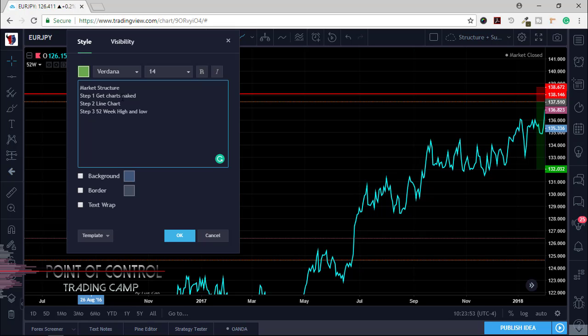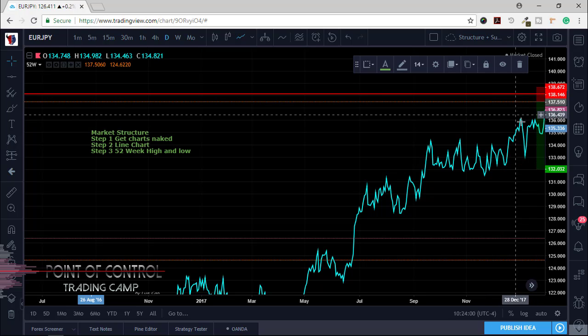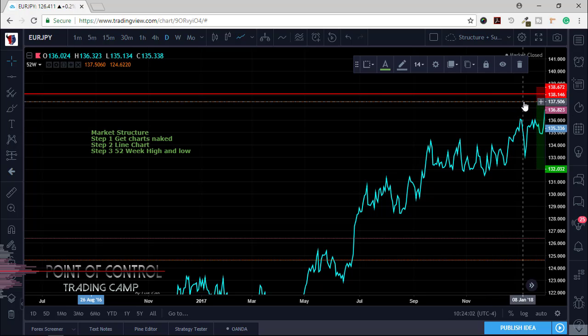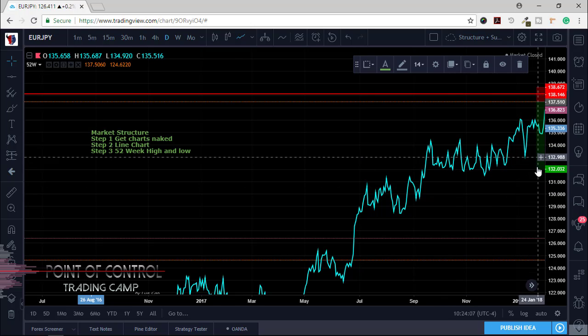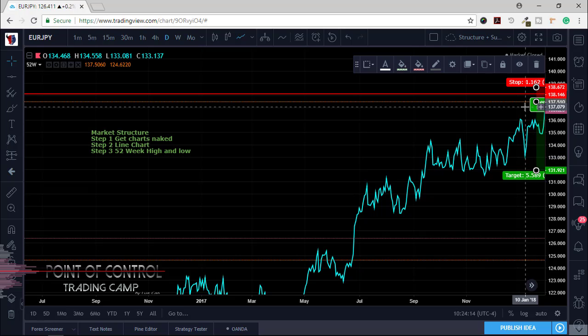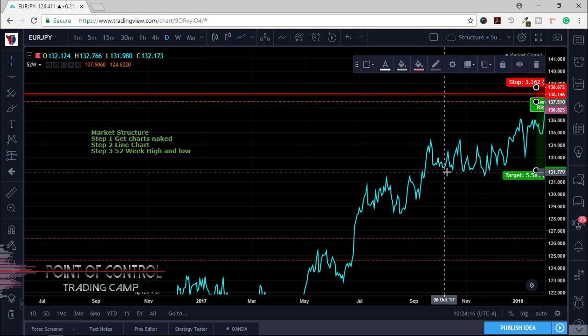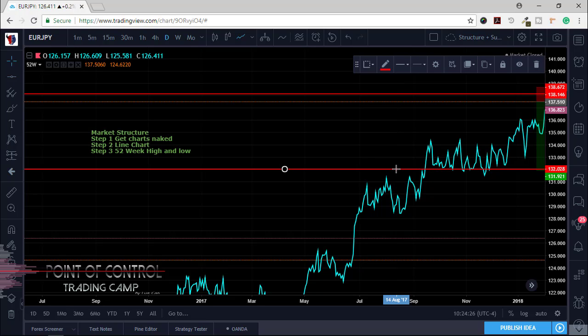And just identify the point. Okay, just identify the point, and you can very easily set a limit order right here to short the market. And if I'm shorting the market from this perspective, I'm going to go to the nearest strong support. In this case, I'm shorting, so I'll look to the nearest strong support, which will be somewhere right here around 13200. Let me just put it right there.